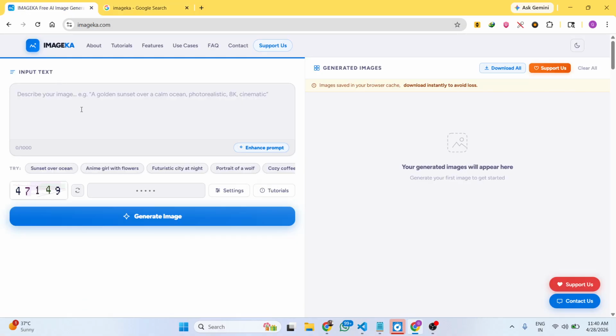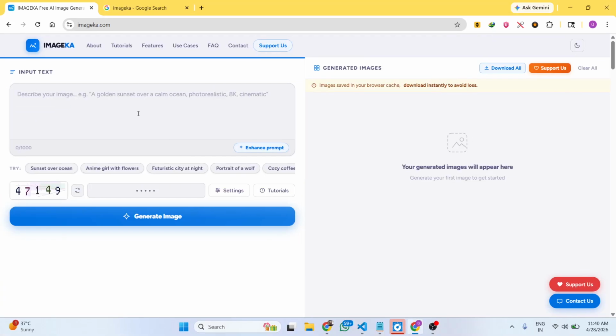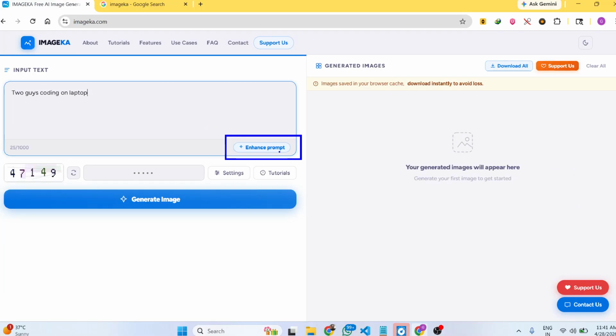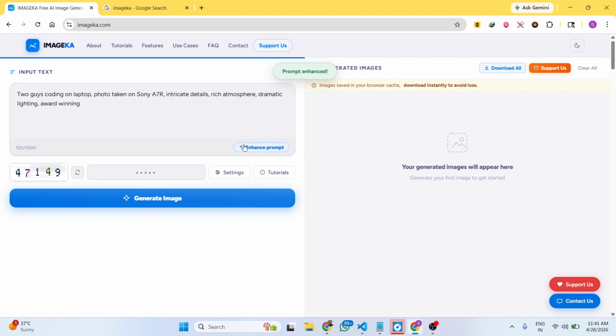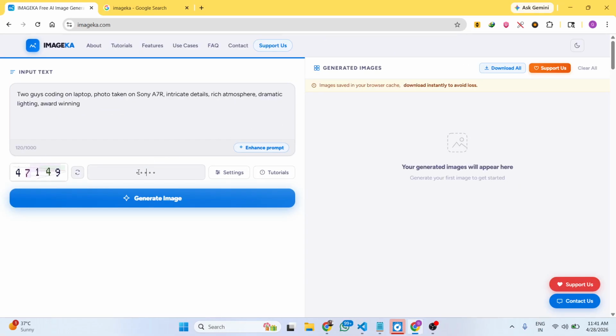You will see the interface of the website is quite simple. You have the simple chat prompt. Here you type what sort of image you want to generate, and right here you write the simple prompt. It also has the functionality to enhance the prompt as well. As you click the button, the AI will simply write an enhanced prompt, and after you fill out this captcha,